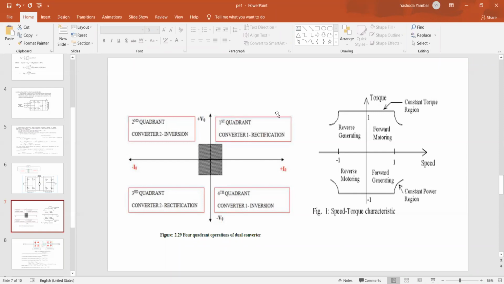Now you see all of you, why we are achieving the 4 quadrants. As I mentioned, a fully controlled converter can make the machine act as a motor in the 1st quadrant, and can make the same machine act as a generator when operating in the 4th quadrant. So with alpha greater than 90, the machine behavior is explained with the 4th quadrant. With alpha less than 90, it is this particular application.